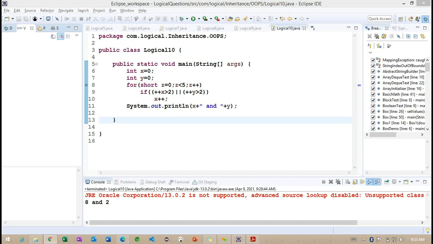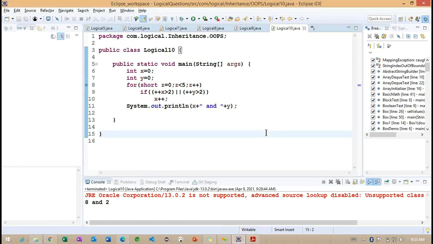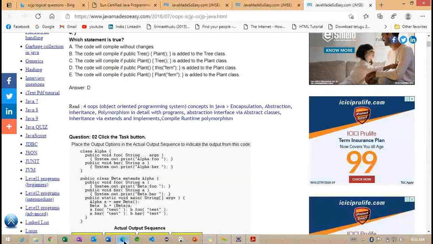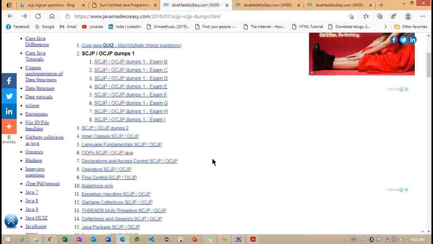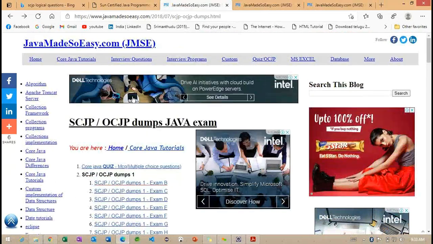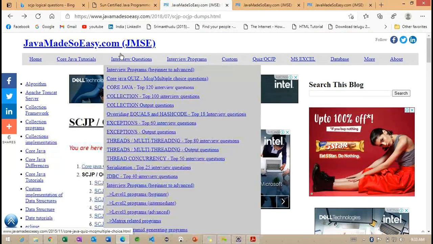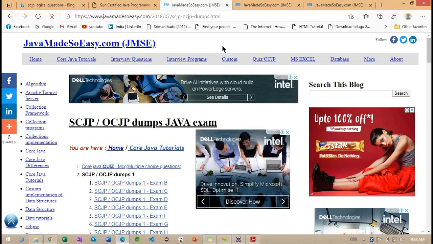Okay. So can you check this particular website here? You are going to have more information on the logical questions here. So you may get more questions on these logical questions. I think this website is going to give more information on these logical questions. So as of now, whatever concepts we discussed here, that information we are going to find inside this website.